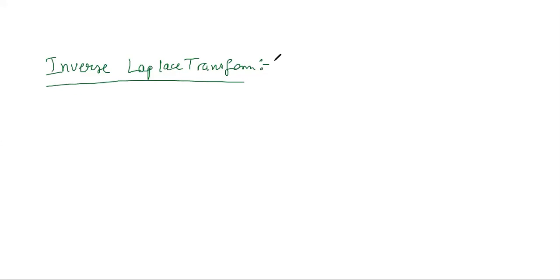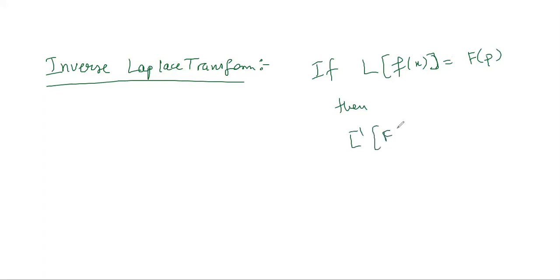The formal definition is similar. It will also have certain conditions for the existence of Laplace transform. We'll talk about those conditions later. Right now I'm just telling you that if L of f(x) is F(p), then